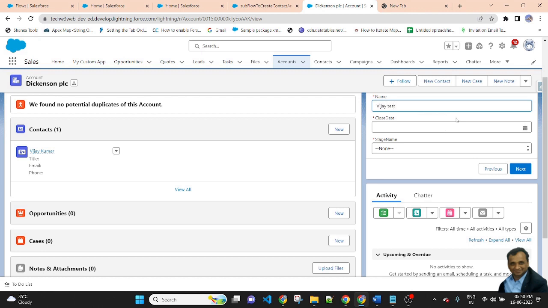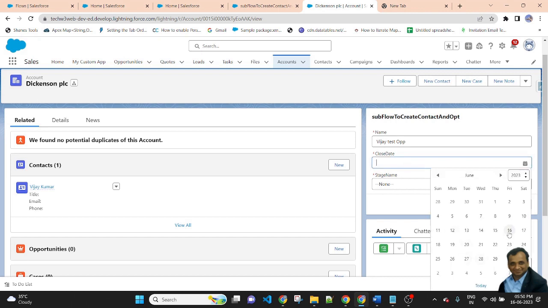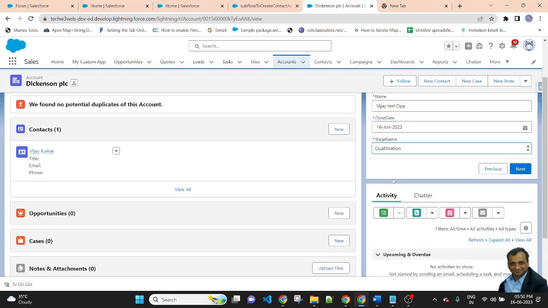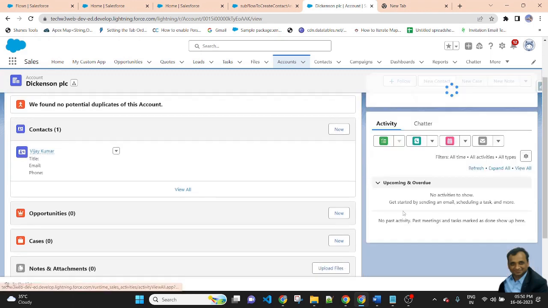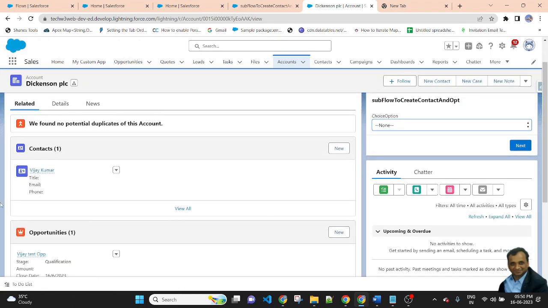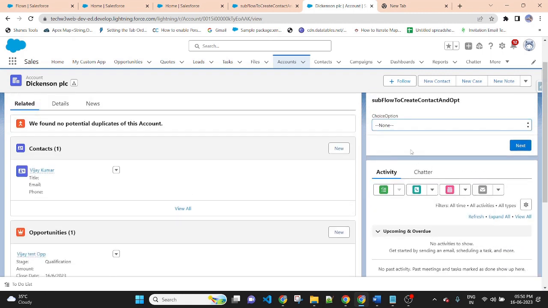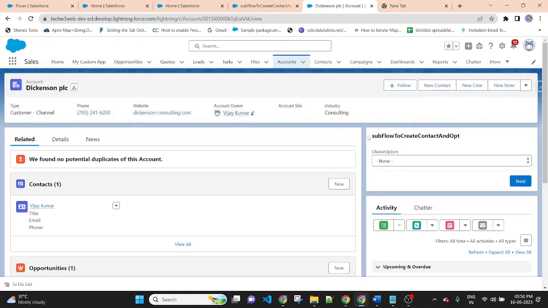Vijay test OPP, close date 16, stage name, select any one, qualification, then next. As you can see, one opportunity has been created successfully. So a user can create a contact and opportunity from the subflow.